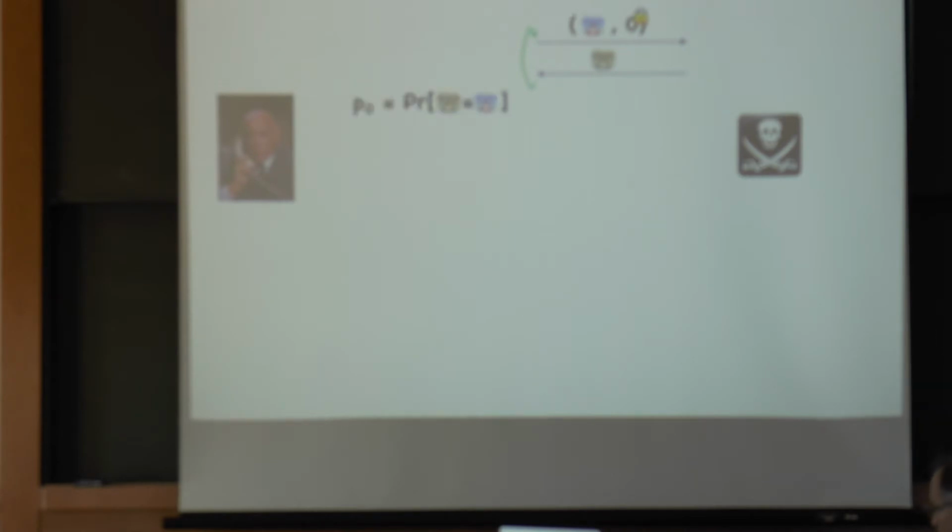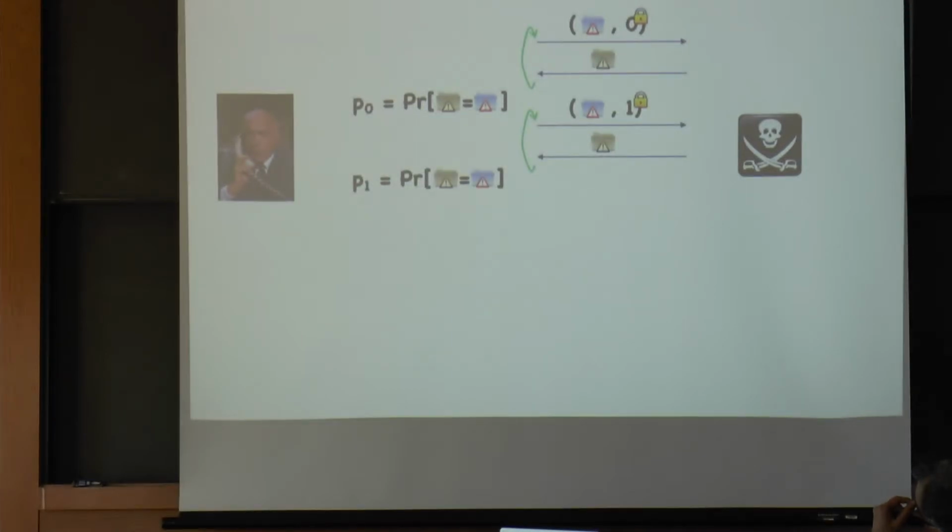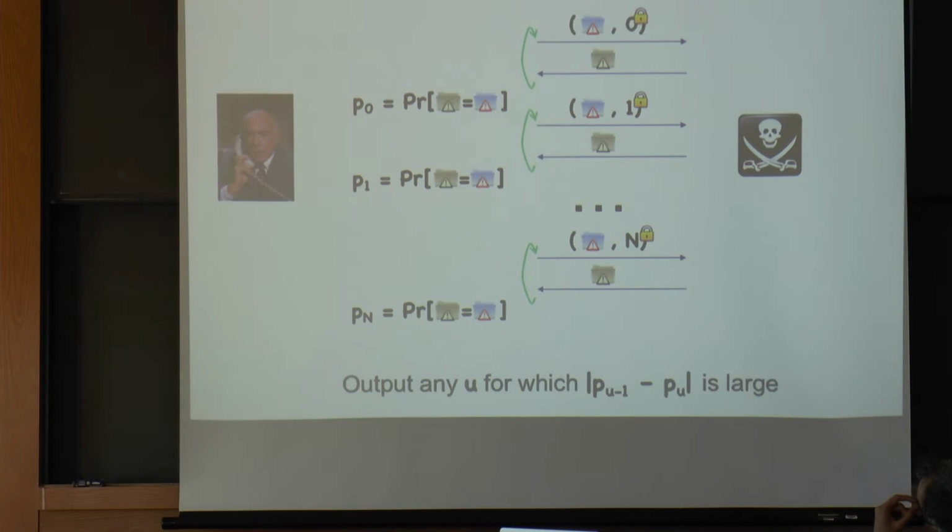Okay, so how do we actually do tracing? Well, first we start off by interacting with the decoder by just feeding him zero encryptions to the interval containing no one. And I'm going to define P0 as the probability that he actually succeeds in decrypting. Then I do the same encrypting to the first guy, encrypting to the first two, all the way until I encrypt to everyone. And I get all of these probabilities. I'm really getting estimates of the probabilities, and these correspond to estimates for the function f. And now I just find where there's a jump, and I output those guys.